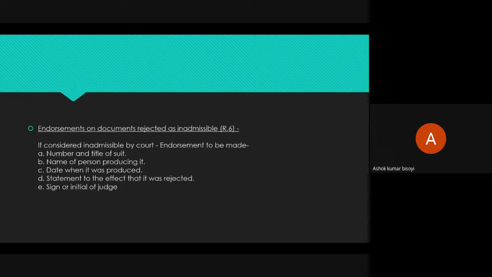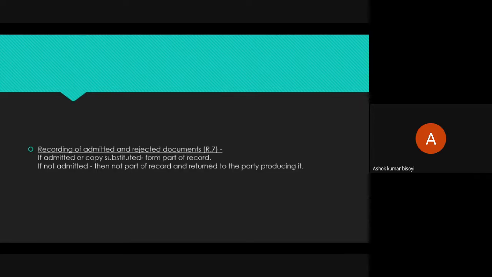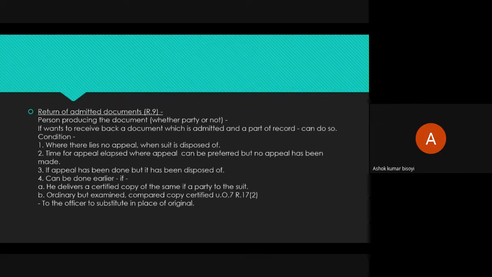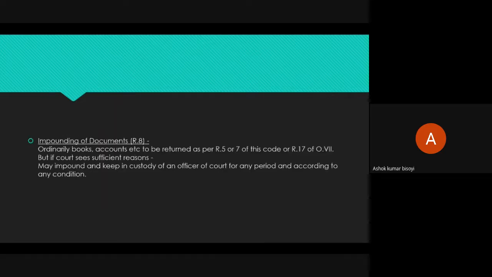Rule 5 रे कोन पढ़थिले एटी. Rule 5 रे कहिथिले जे endorsement करइबो, endorsement कला परे examine करिकी compare करिकी certify करिकी ताकू एंट्री करिकी रिटर्न कर दबो. रूल 7 रे भी कहले जदी नॉट एडमिटेड ताहले भी हमें ताकू रिटर्न करथिले. तापरे रूल आउट भी कोन रूल 17 ऑफ ऑर्डर 7. रूल 17 ऑफ ऑर्डर 7 रे भी से कहूची जो शॉप बुक और लेटर बुक एज द केस में भी